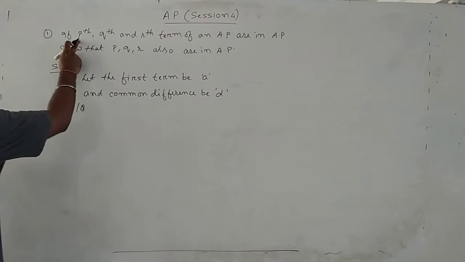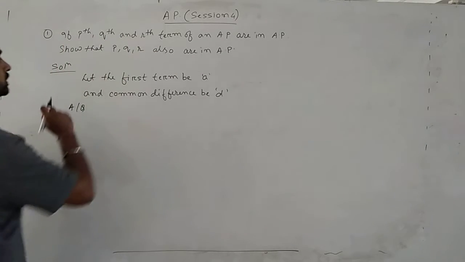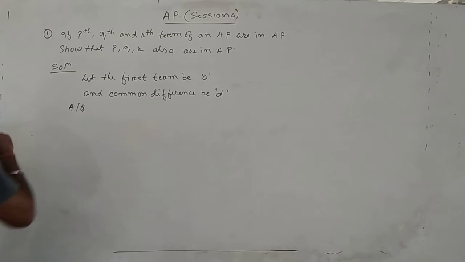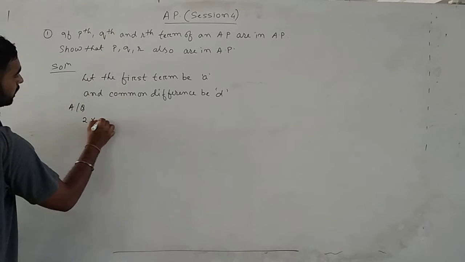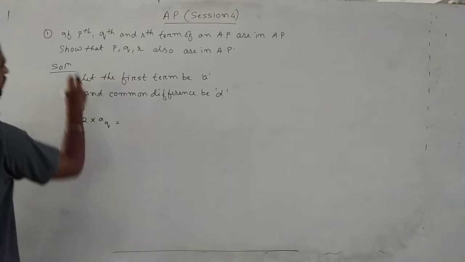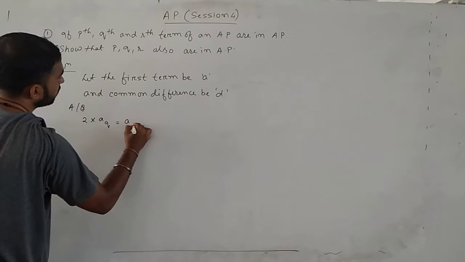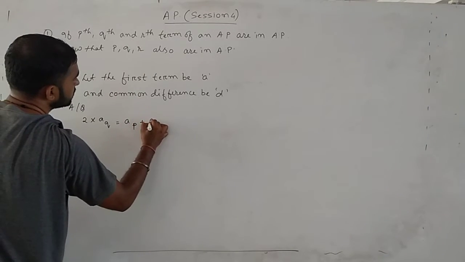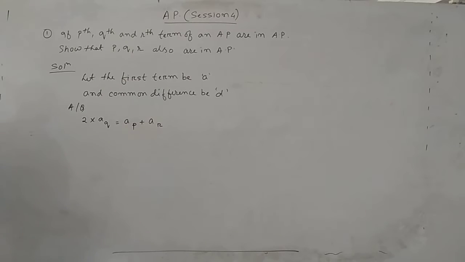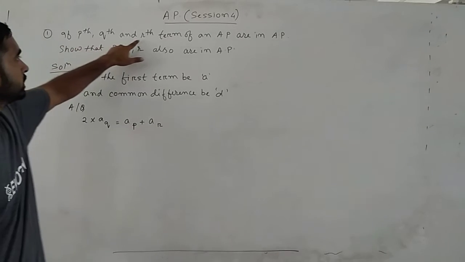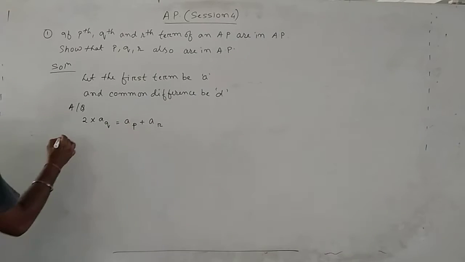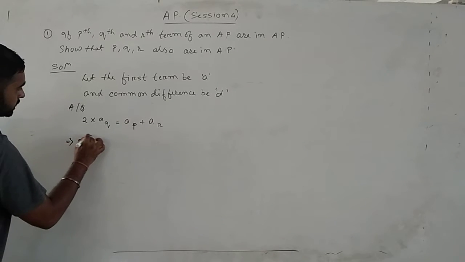So here, out of P, Q and R, which is the middle term? Qth term. So twice the Qth term equals first term plus third term. Twice the middle term equals first term plus the third term,